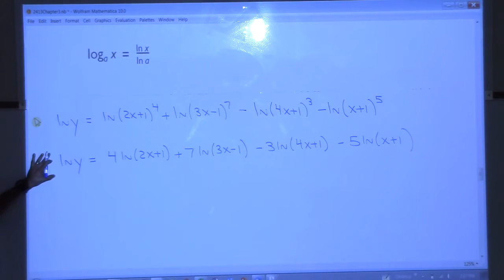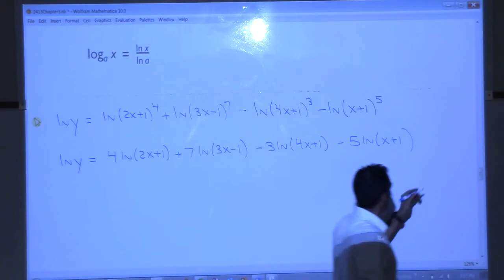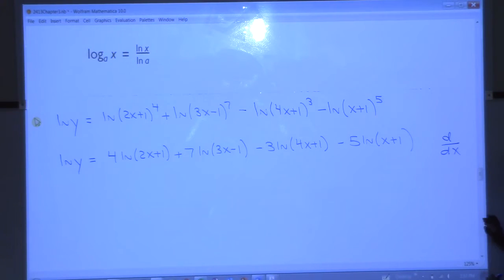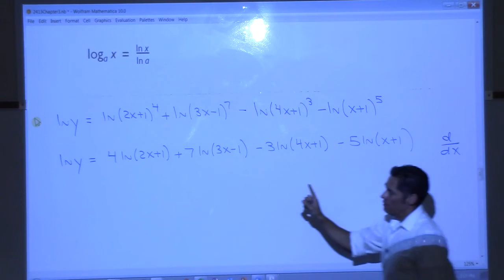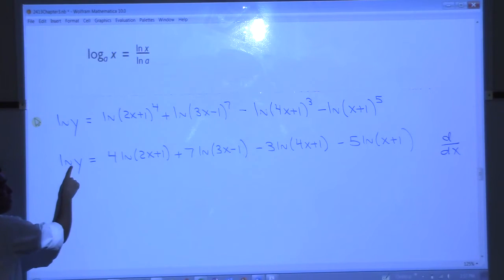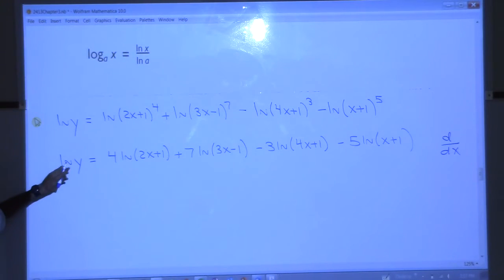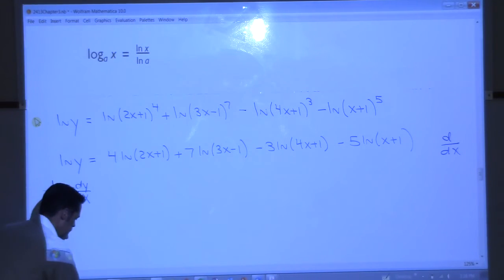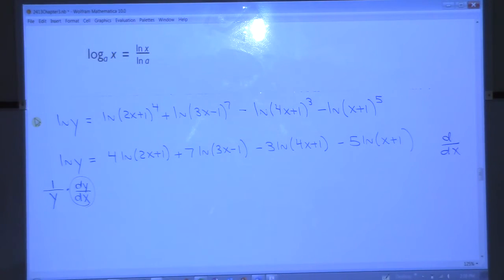The question, though, is how do you handle the left side? Because you have to take the derivative on both sides, right? This is no longer y. So all we're going to do is pull out the good old implicit differentiation. I know it sounds bad. It's not that bad, though, okay? I want the derivative with respect to x on both sides. So very carefully, what is the derivative of the natural log of y with respect to x? What's the derivative of natural log of anything? 1 over it, right? 1 over, in this case, y, times chain rule, derivative of y, dy/dx, right? Isn't that what we're solving for? I mean, isn't that what we're asked to find? Right there? That's what we're trying to find, right? Okay, equals